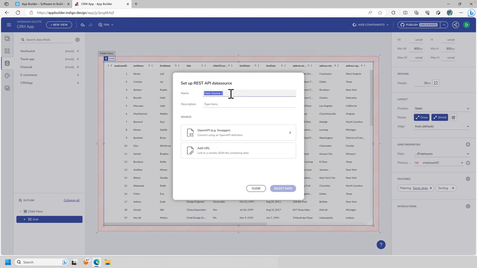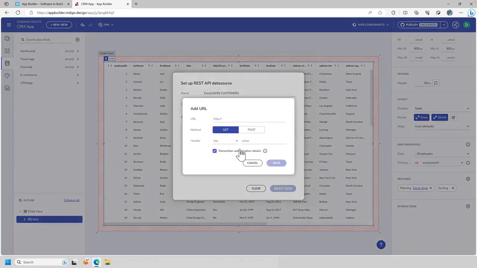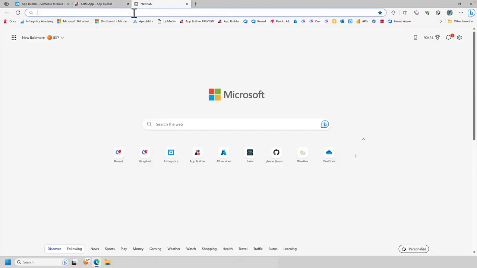So let's go ahead and do that. Let's call this Excel to JSON customers, like so. And I am going to add a remote JSON containing data. Where am I going to get that from? Well, let's go to a new tab and let's type in